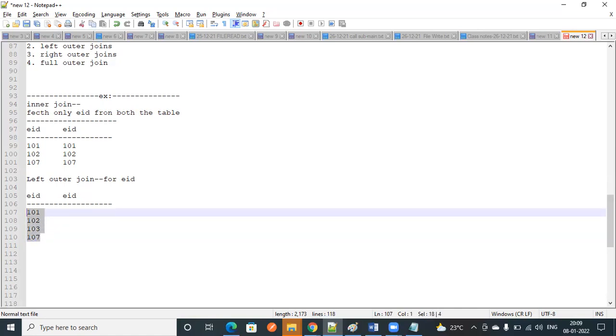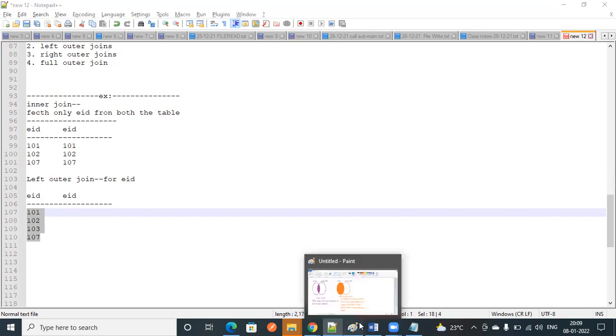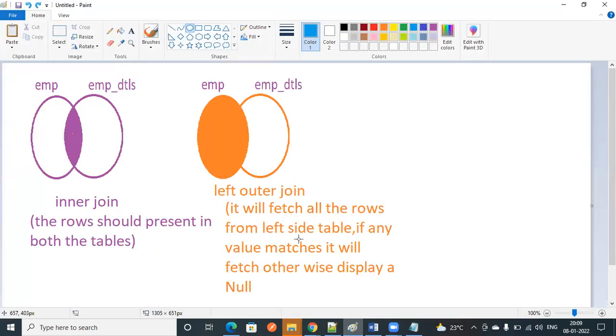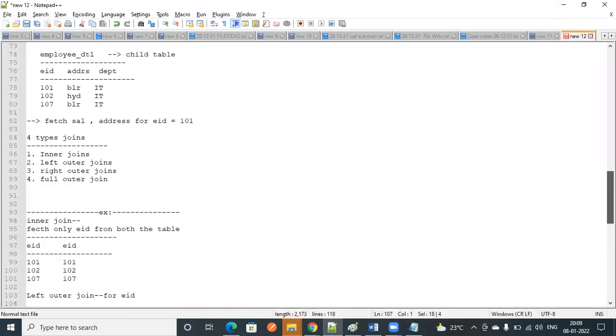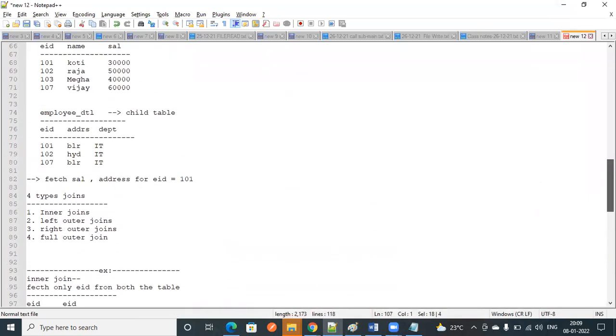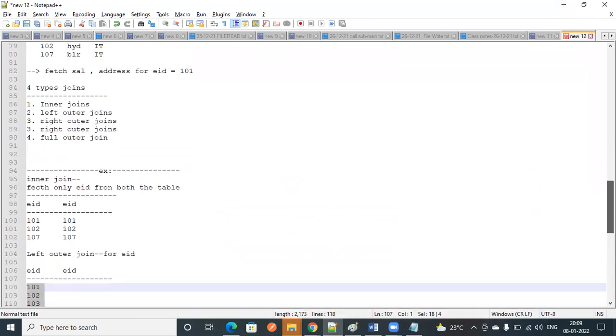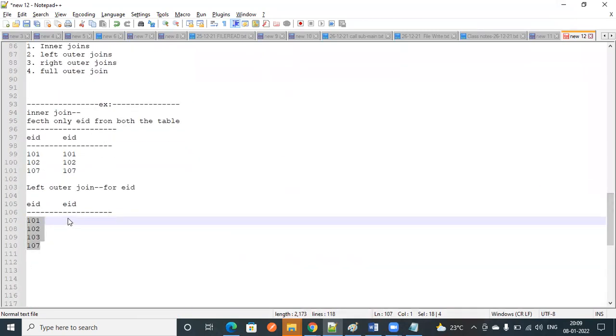Good. Then what is the second step? If any values match, it will fetch from the right side. How many values are matching on the right side? Three values are matching: 101, 102, 107. Write it here.